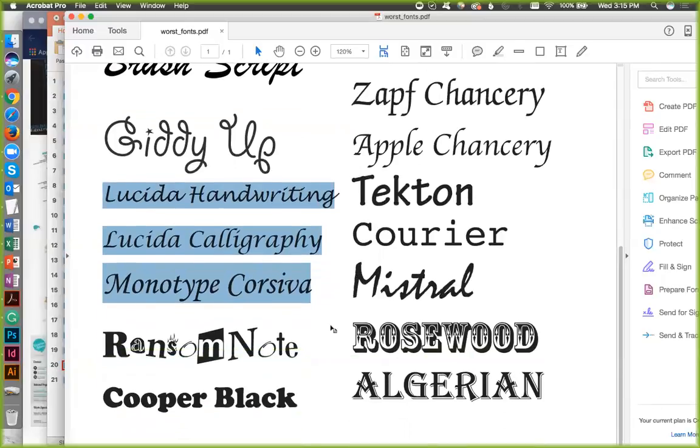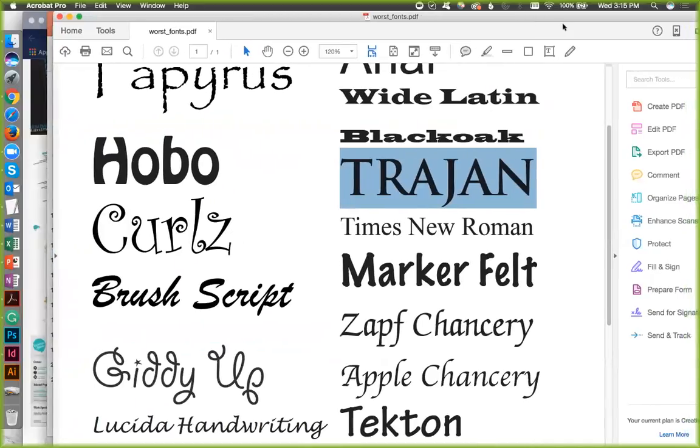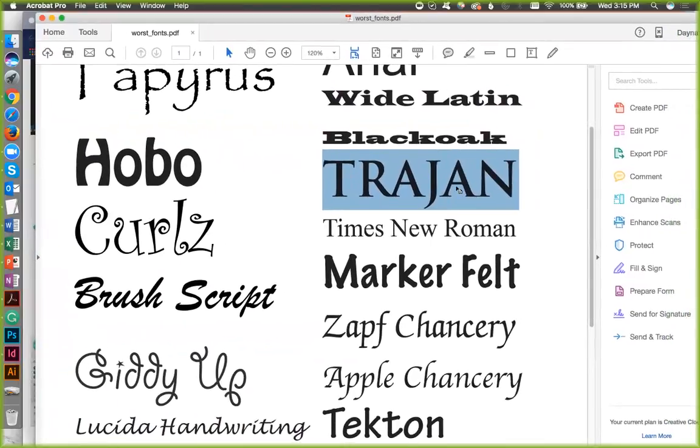So also stuff like Bragado, Rosewood, Cooper Black, Black Oak, and Wide Latin. They're all really hard to read. The Hobo, definitely. Trajan. I love to use Trajan in certain cases, okay? Now, this would be good for a title in a resume, not a subhead, because once it's shrunk down, it's really hard to see.